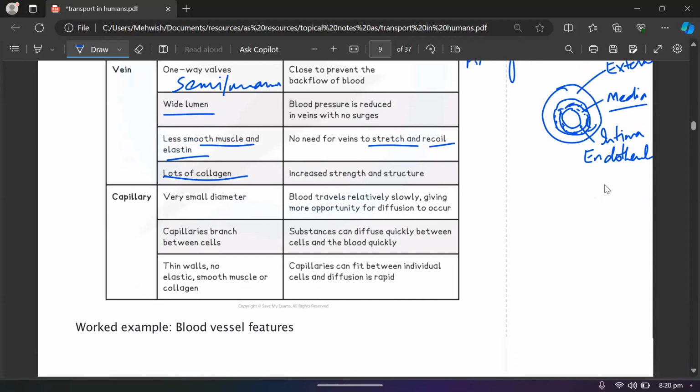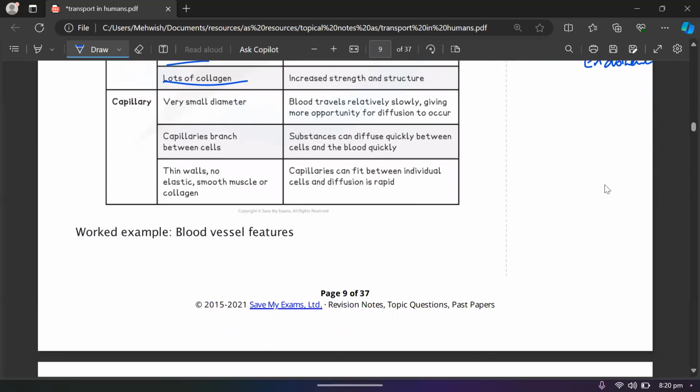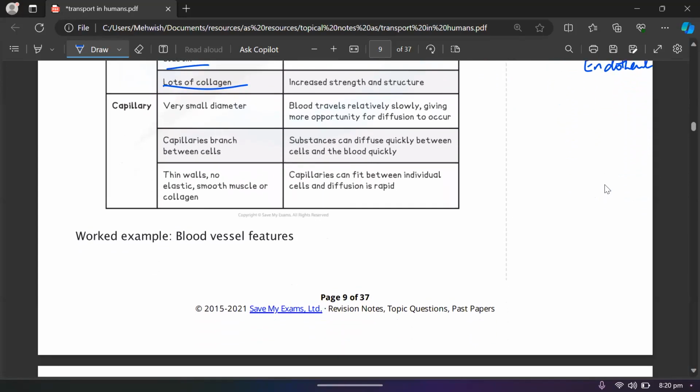Okay. Now the last is the capillary, right? They have got relatively very small diameter and they have got many branches near to every organ, every tissue, every living cell, right? Why? Because they are actually the ones that are going to do the exchange of substances, right? और आप कह सकते हो diffusion इसी part में होती है ताकि nutrients, oxygen can go into the tissue fluid